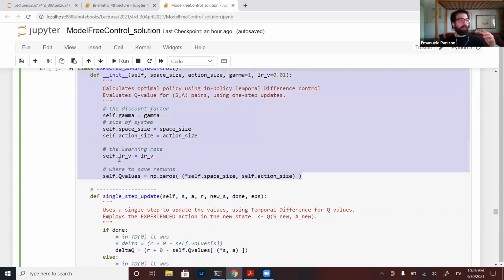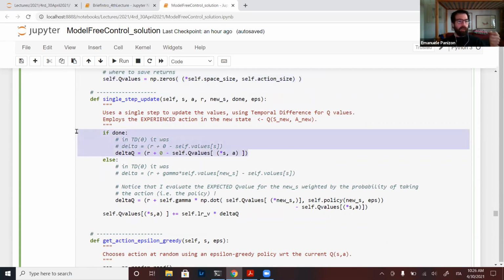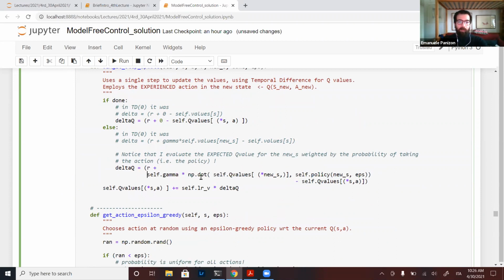So this new class, expected SARSA control, is the same as all other classes. First, it does this initialization. And then the only part which is different is this. If the episode is done, I have reward plus 0 minus self Q values of the state-action pair. But if the episode is not done, I'm doing R plus discount times the inner product, so the sum over actions of the Q value for all the actions in that state times the policy for all those actions in that state.